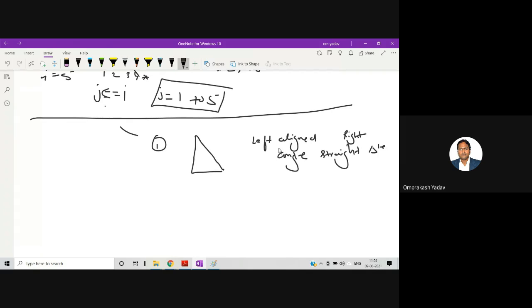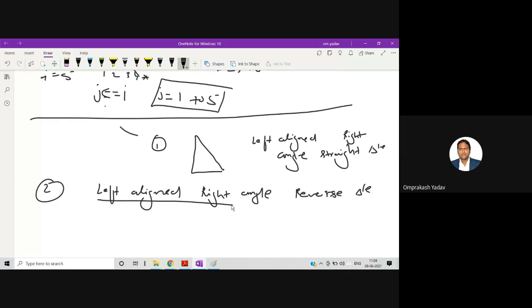Now the second type is left aligned, right angle, reverse triangle. Okay, reverse triangle. So we will now be seeing this one.